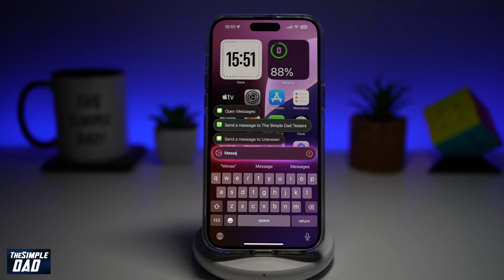So there you go guys, that is how to type to Siri using Apple Intelligence on your iPhone running iOS